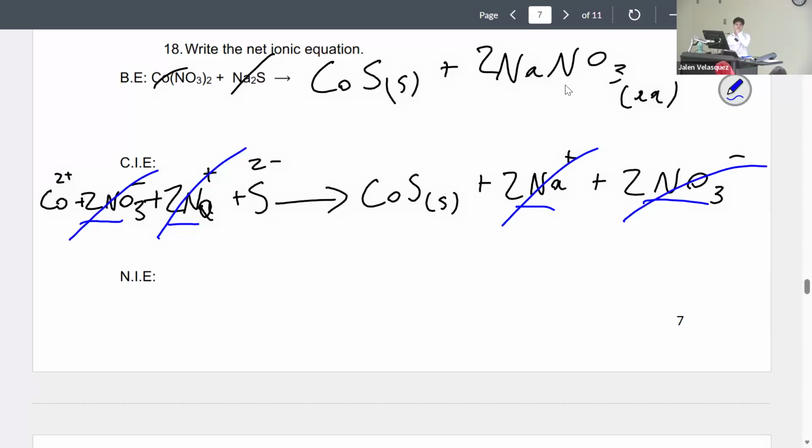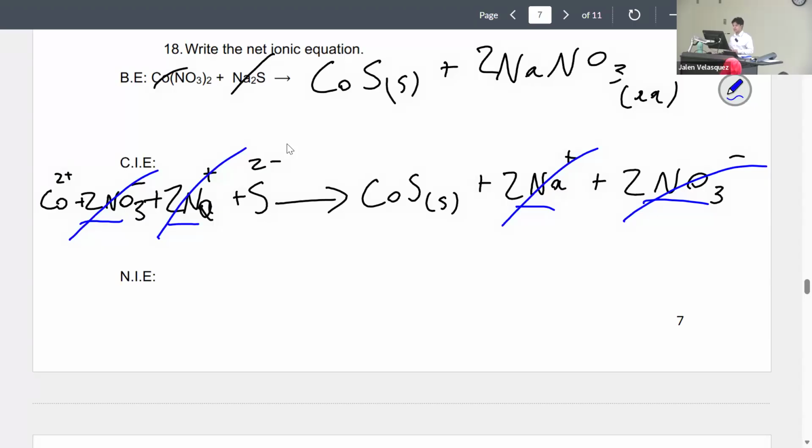So those are the spectator ions. Okay. Now make sure you are able to identify the spectator ions because you will be asked in a question. It'll be a precipitation reaction and it'll ask you what the spectator ions are. Okay. I guarantee she will ask you that, because she just wants to make sure you know what that